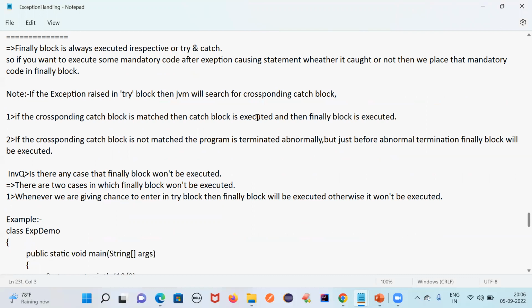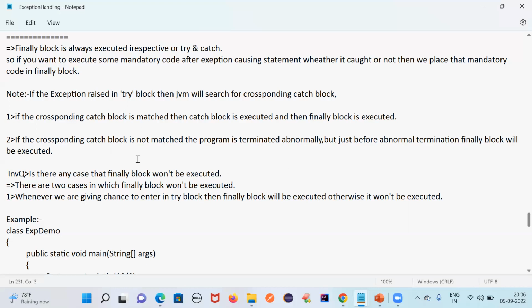In every condition the finally block will execute, but in a few conditions it won't. If the corresponding catch block does not match, the program is terminated abnormally. But just before abnormal termination, the finally block will be executed.